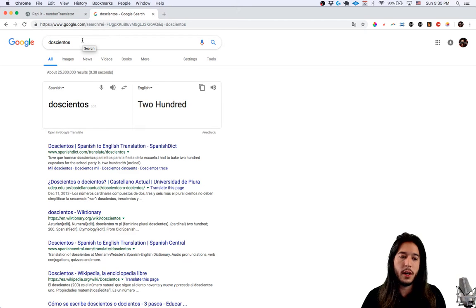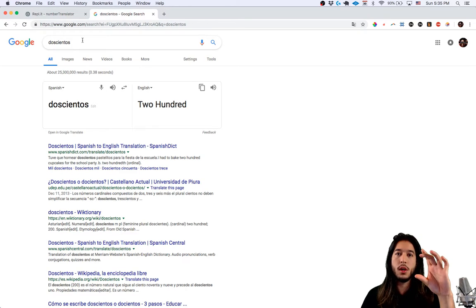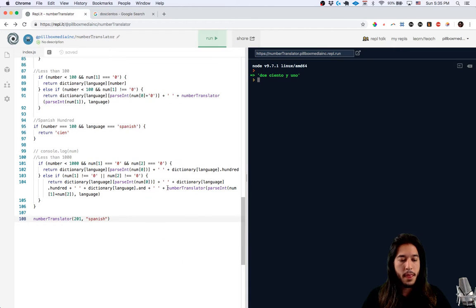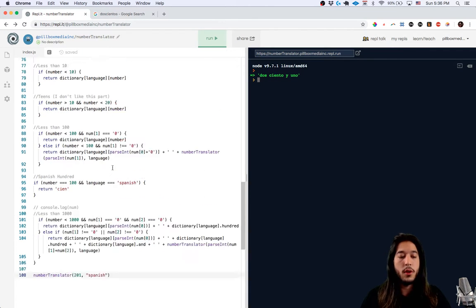So now I'm considering, as the developer of this function, do I want to have a hundreds block that runs different code and have a conditional that says run this code if it's Spanish, run this code if it's English? Or do I want to handle individual cases depending on what's going on? I think because there's so many irregularities in the way that this works, I need cien for 100, I need ciento y uno for 101, but then for dos, I need it to be concatenated, dos cientos. In fact, I think I might need different words for all those different things. So, I mean, I know I can code this and get it to work.